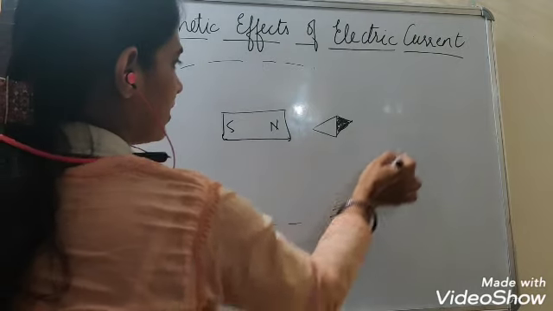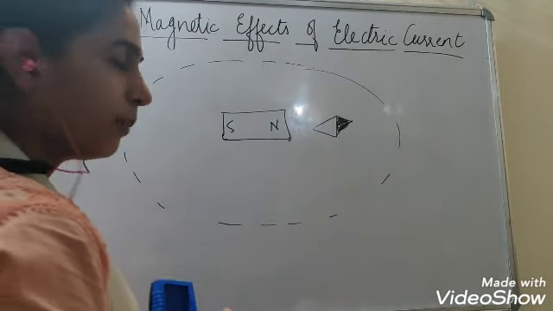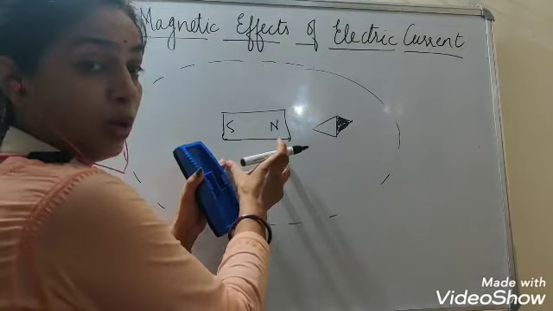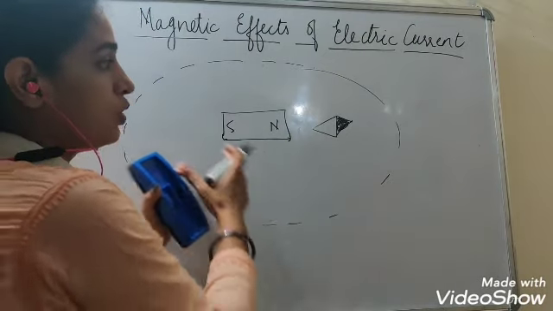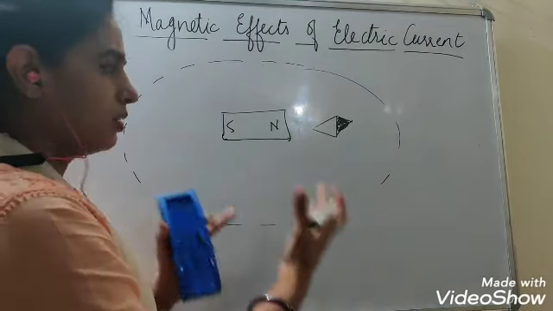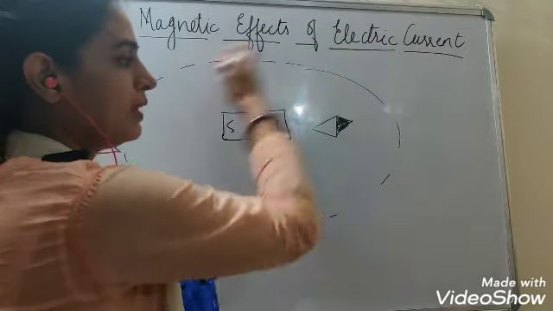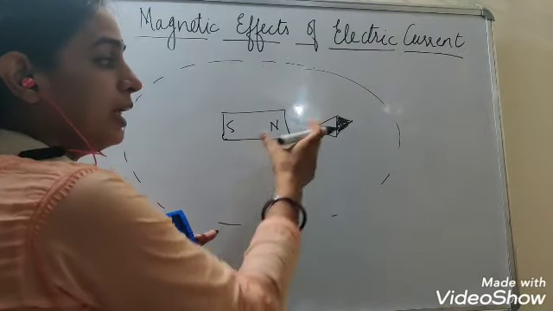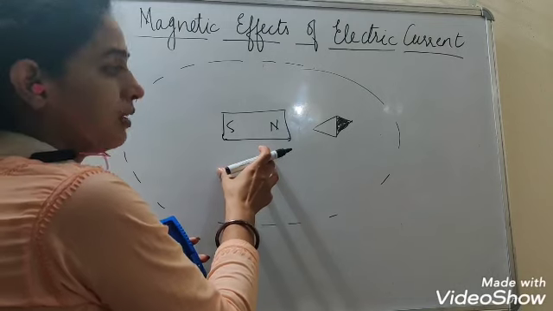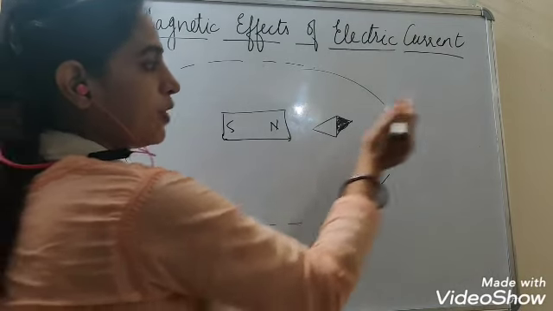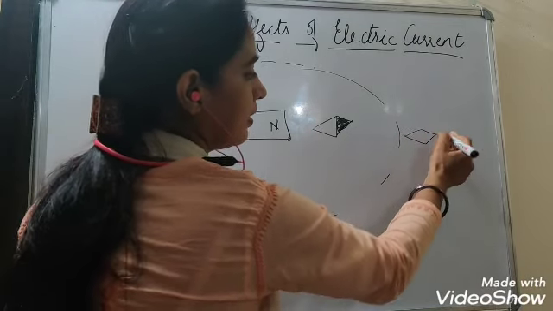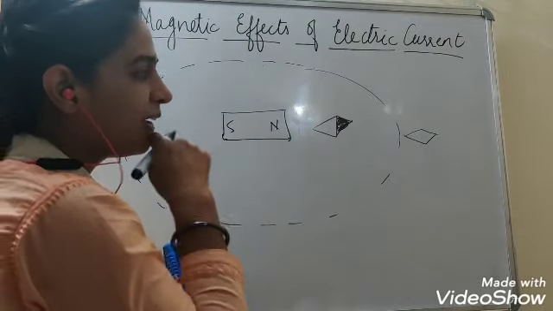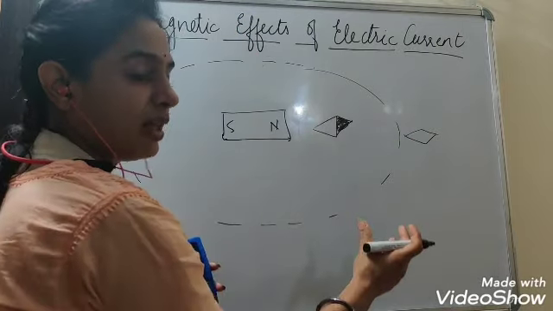Arbitrarily, if I draw this kind of a space, it can be more than that depending upon the strength of the magnet. So it can be more than that, it can be less than that. Just to give you an idea, for example, this is the area where the force of this magnet is being felt, experienced. So if you keep a magnetic needle, let us say over here, then it will experience very little